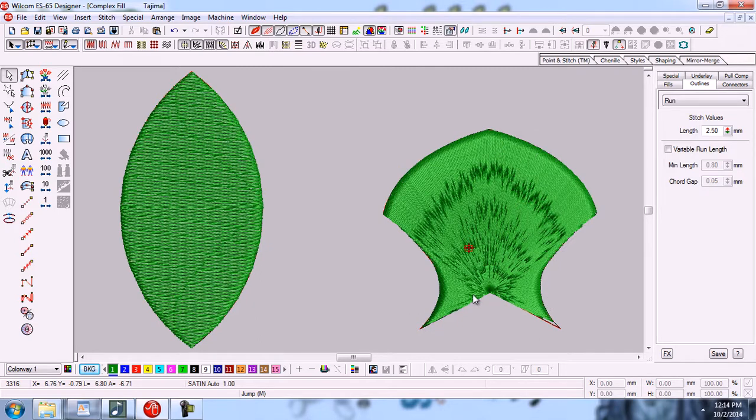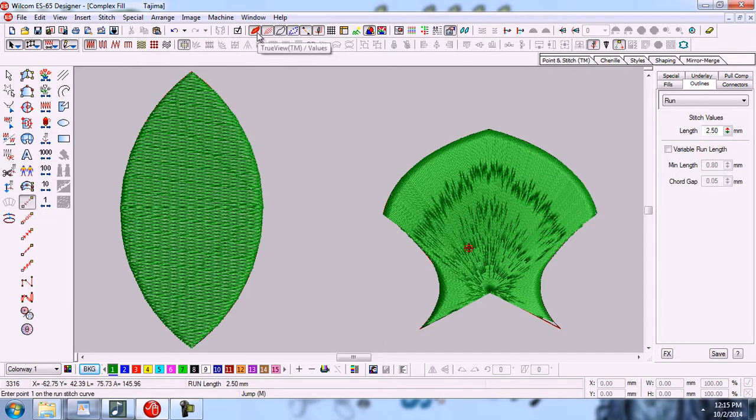For example, this is an object, so we will make the outline by using these running tools like single run, triple run, backstitch and stem stitch. For example, I will make the outline of this object by using single run.